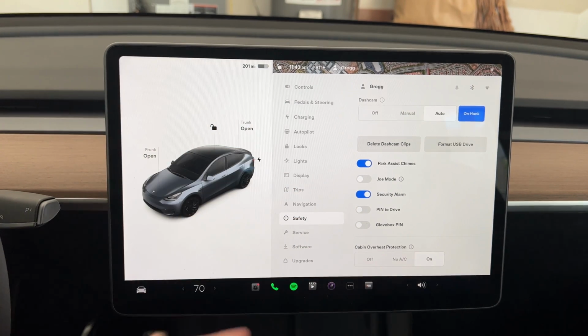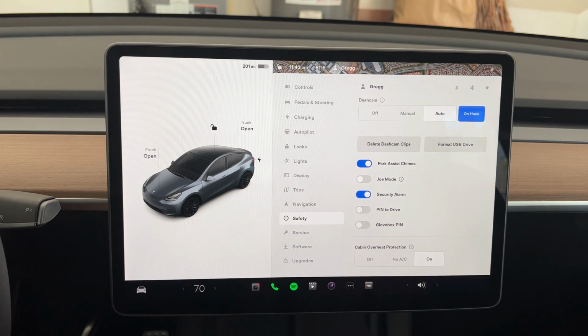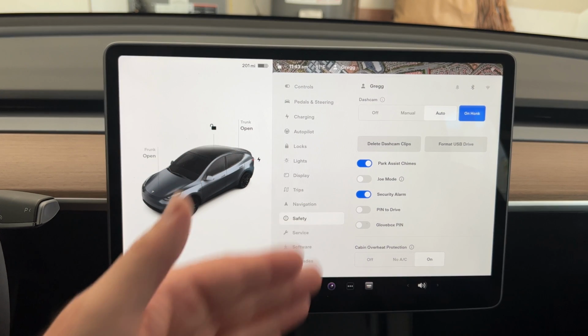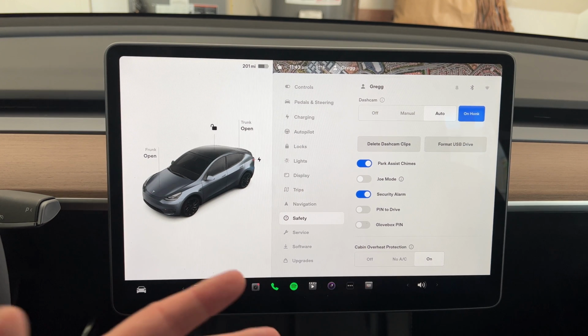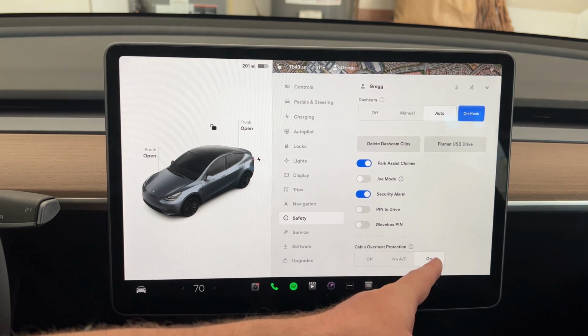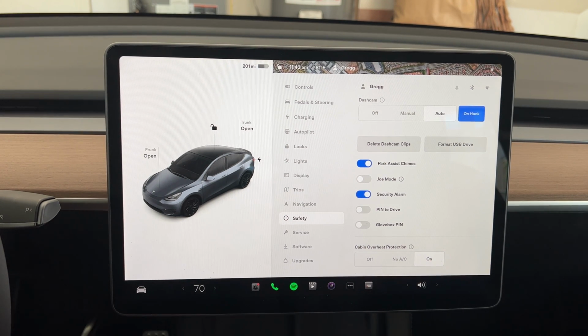Joe mode reduces the sound of everything. So if the kids are sleeping in the car, you can click on that and like your blinkers would be less. All the sounds that happen in the car will just be a lot less. Cabin overheat protection. I have it turned on currently, but it does use some battery life. Basically what it does is if it gets really hot in the car, it'll automatically turn my AC on to a certain extent and keep it kind of cool in here